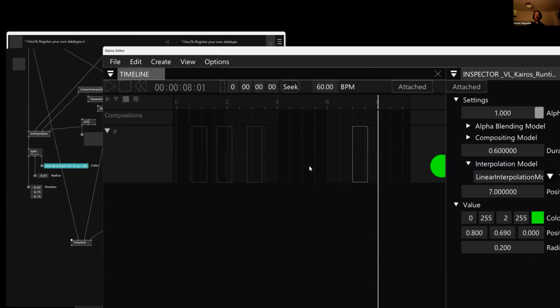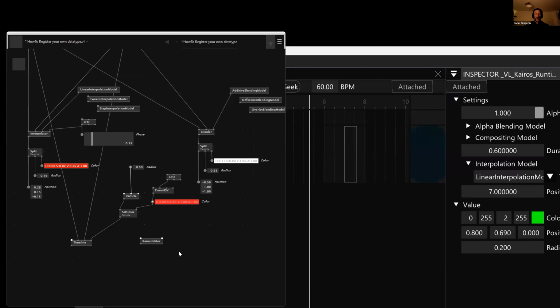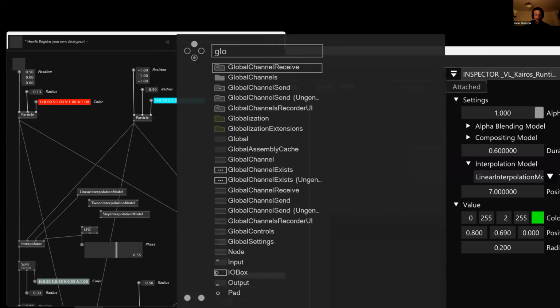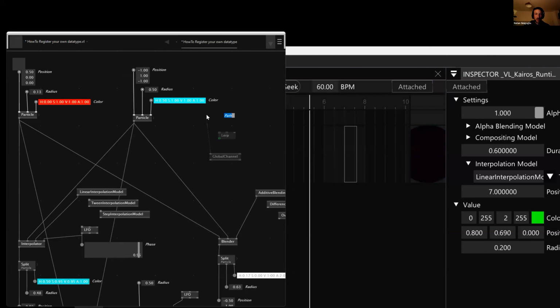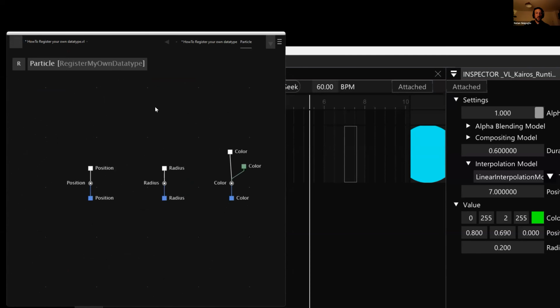So I still didn't try all this, but if I make a channel, like a global channel, for example, global channel, very important particle, and we create,